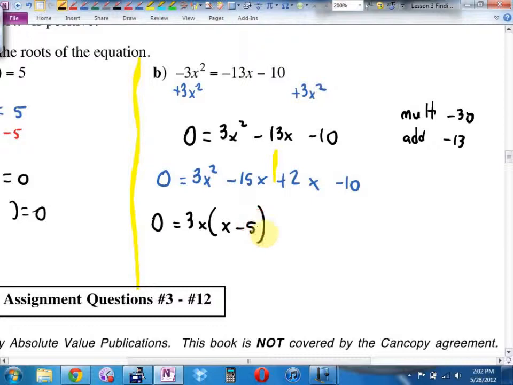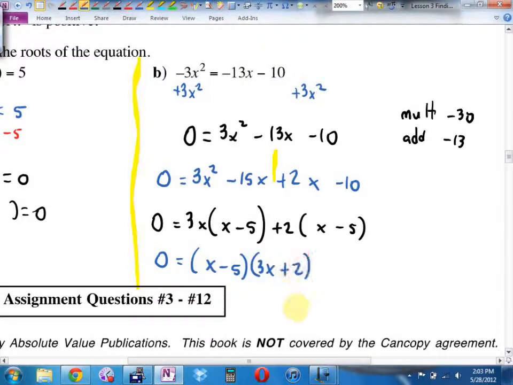Our error check is we should get the same bracket in the second one. GCF out of the last two terms. Do you also get x minus 5? Okay. So factored, this is x minus 5,